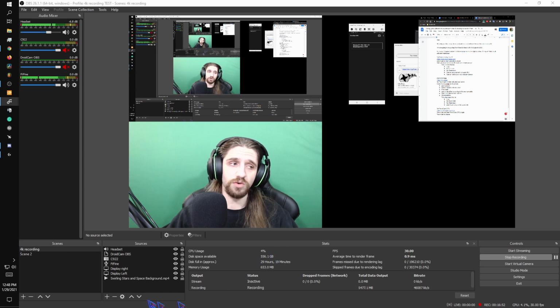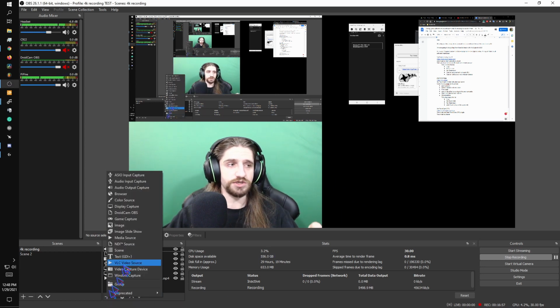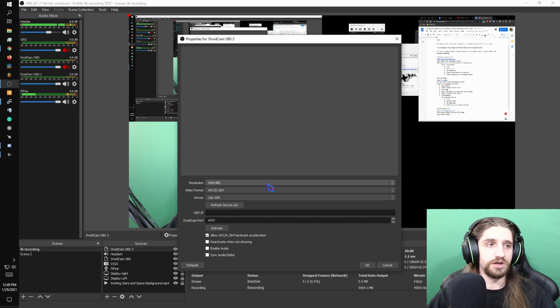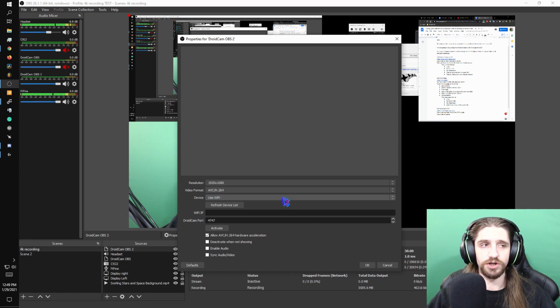How you know it is actually working after you've restarted OBS, when you hit this plus icon to add a source, you will see DroidCam OBS. So we're gonna go ahead and name it whatever. Now this one, you've got the resolution options here. So we're gonna set up for 1080. You have the option for Wi-Fi, where you could directly input the IP it gives you, or if you want to use the direct connection,